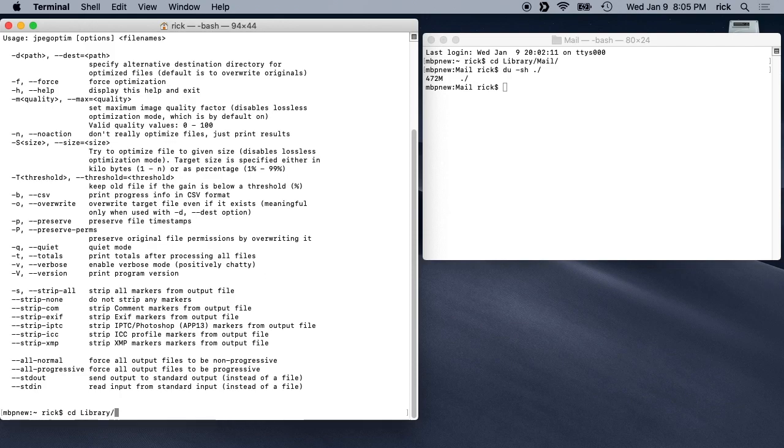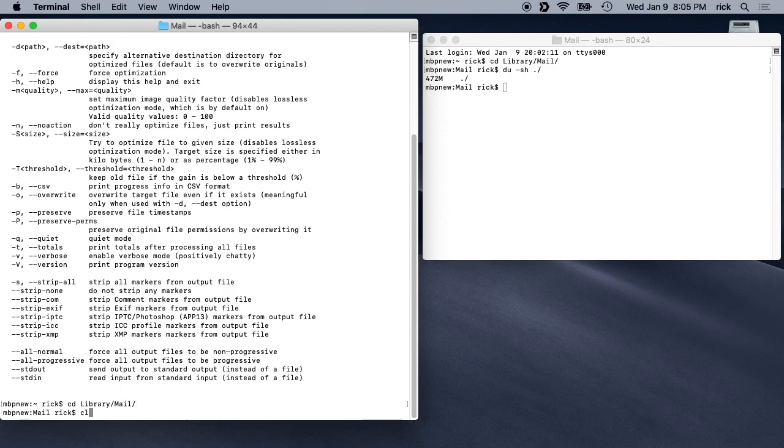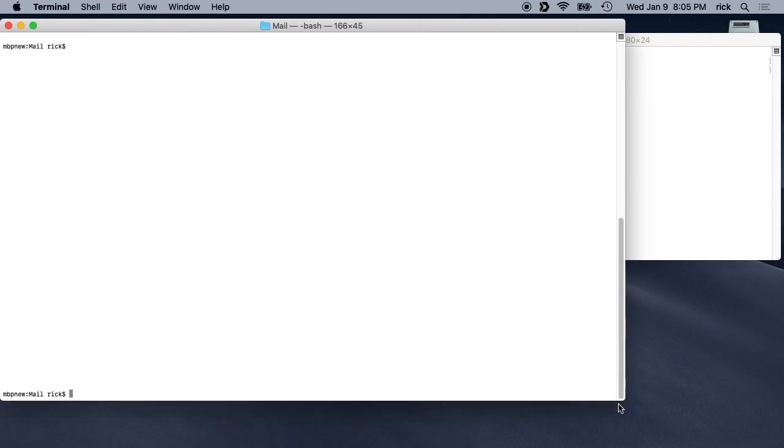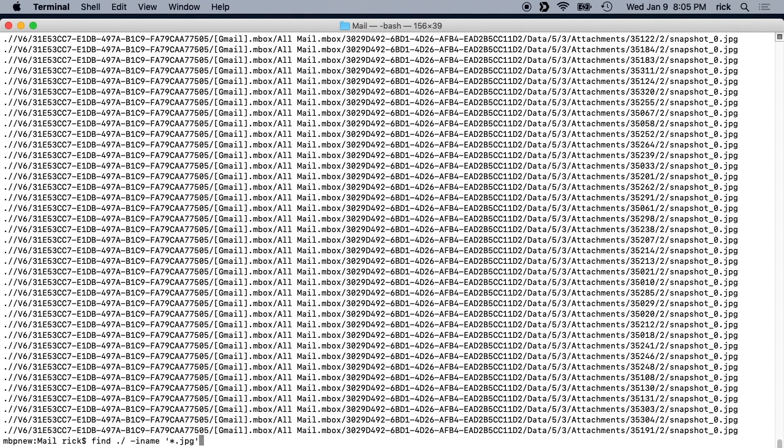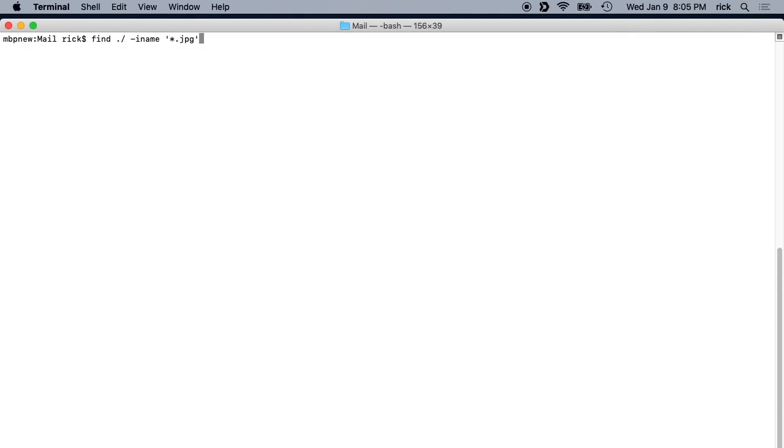And then I'll do the same thing over here. I'll type cd Library/Mail, and let me clear this. Let me see if I can make this a little bigger. So I'll type find ./ -iname "*.jpg". So what this is doing is finding everything that ends in JPG, and the -iname means it will look for uppercase and lowercase. So if I type this, we'll see a bunch of JPEGs show up. Let me clear the screen again, then I'll type -exec jpegoptim -p {} \;